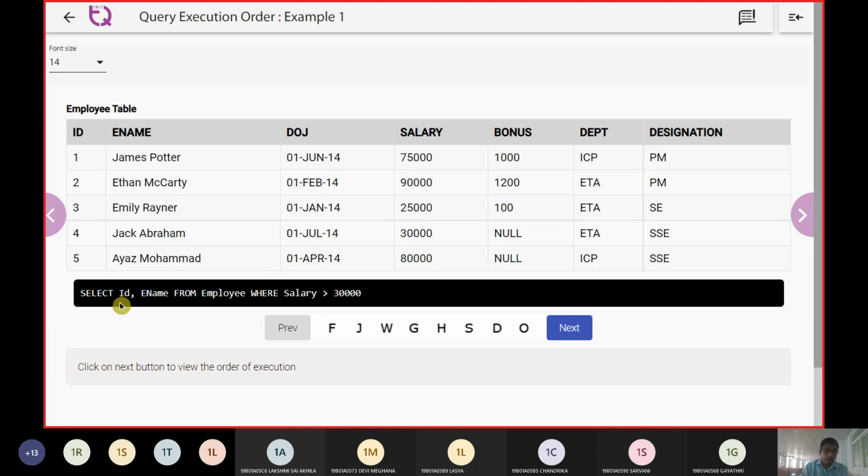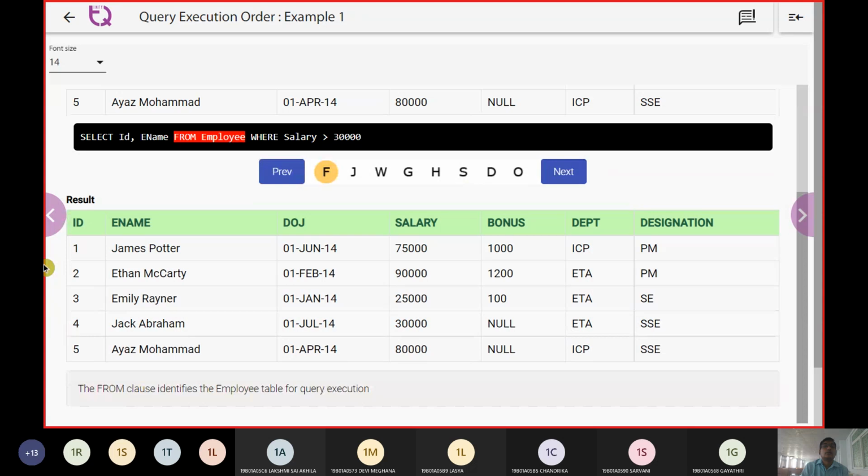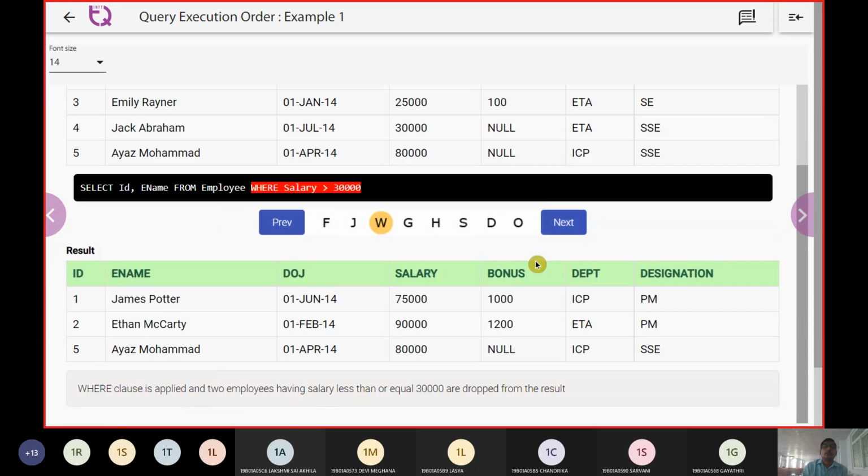What columns is it going to pick up? It is going to pick up the columns ID and employee name. So we have ID and employee name for salary greater than 30,000, and we get these three records: James, Ethan, and Ayaz. So this is the sequence. The from clause is going to identify the employee table.